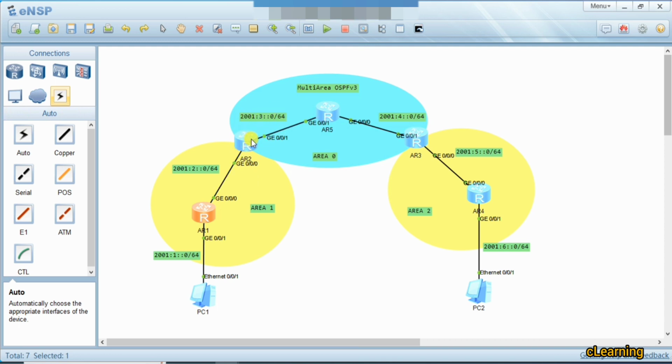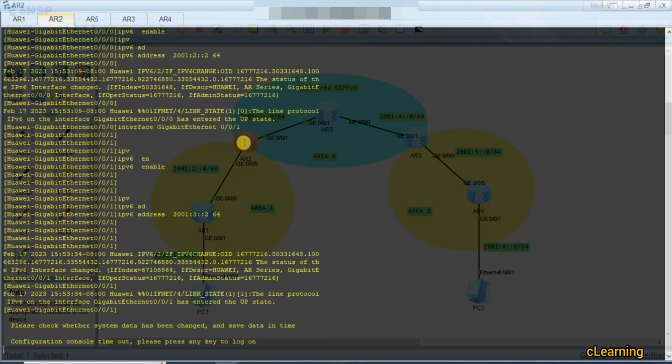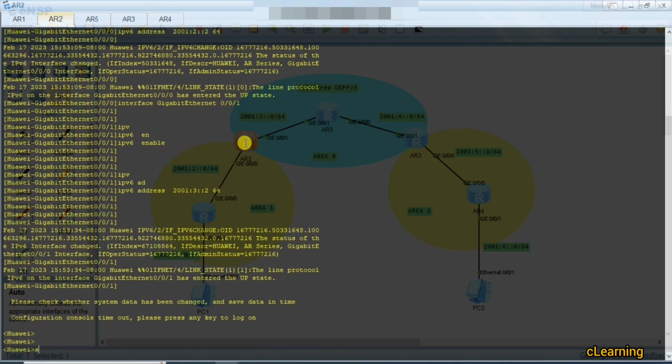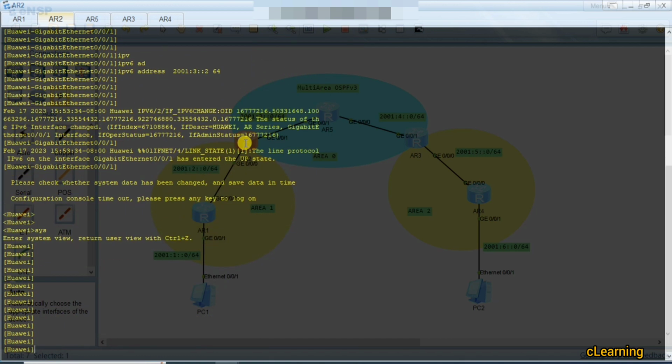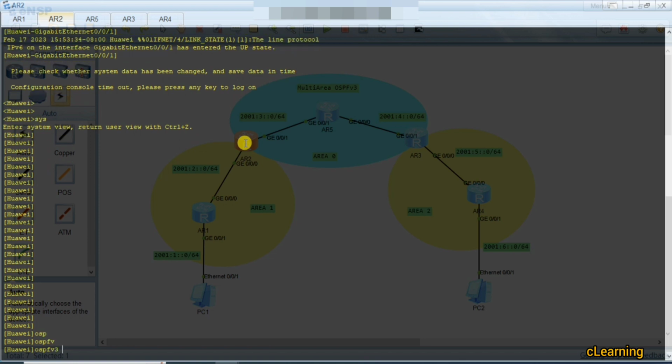They will be separate because this is an ABR, area border router, and one interface of this router is in area 1 and the other interface is in area 0. So this is an ABR, so here is a little different configuration. Just go to system view. Now we create OSPFv3 1